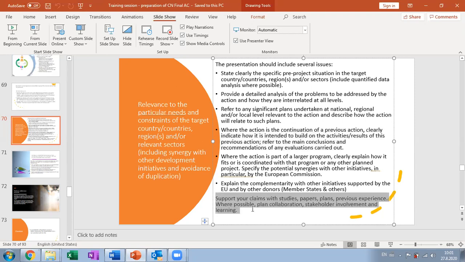And then, I mentioned this already in previous sessions. I will not repeat, but if you have some claims, try to support them with some studies, papers, documents, research, surveys done previously. And where possible, if there is any kind of synergy likelihood, you've identified perhaps other projects dealing with the same issue or something similar, you can always, of course, also plan not only to mention this synergy as a theoretical potential, but also to plan some kind of stakeholder involvement or something similar